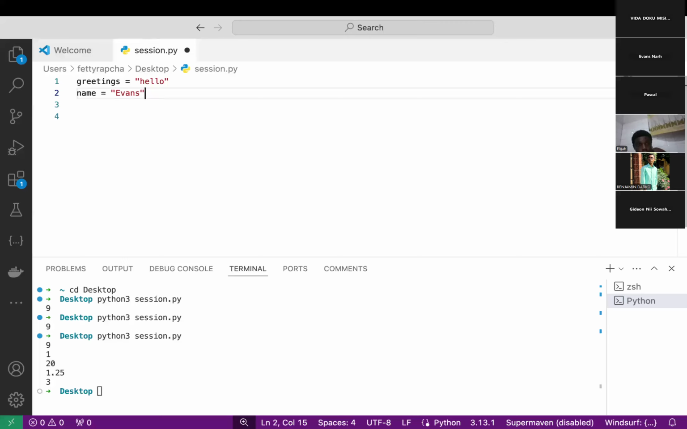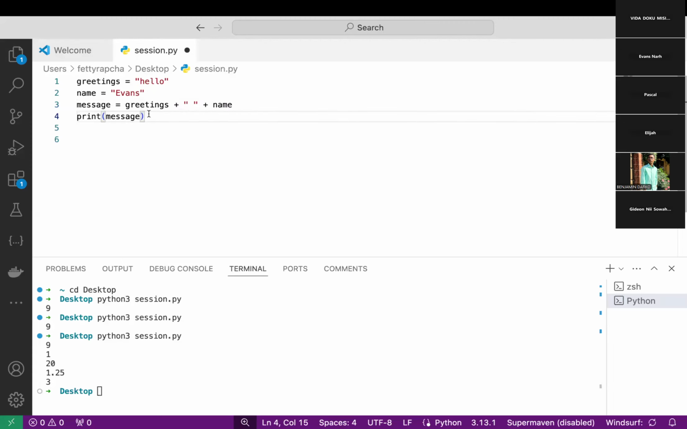So we are working with string operations, right? Then we have another variable called message, which is equal to this. What we need to do is call our variable name, this one greetings. Then we leave a space, so this thing means space, right? Then we call our name. So what you are saying is that it should print out greetings,